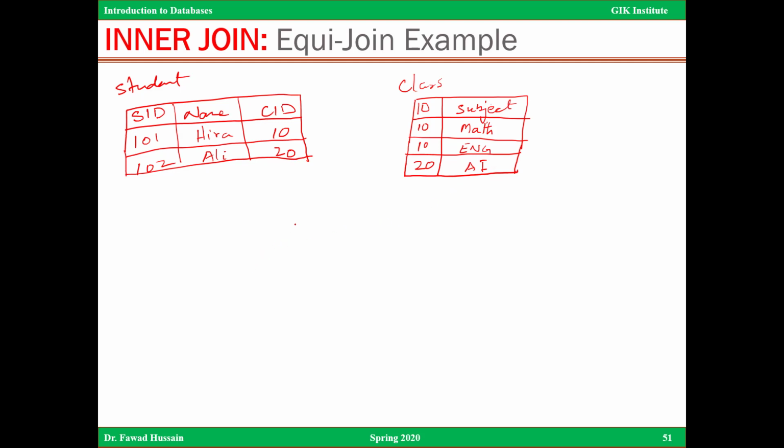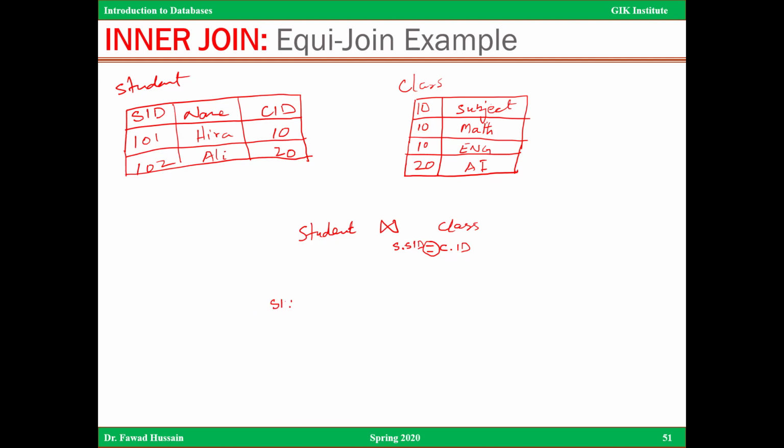So if I make an Equi-Join, the Equi-Join will be student, and I'm going to make a join with class. Now the nature of the join is going to be, so this is an inner join, so I'm going to write S dot SID is equal to C dot ID. So you notice that we have the equality operator over here. There is no less than or greater than operator. So the resulting table is going to give me